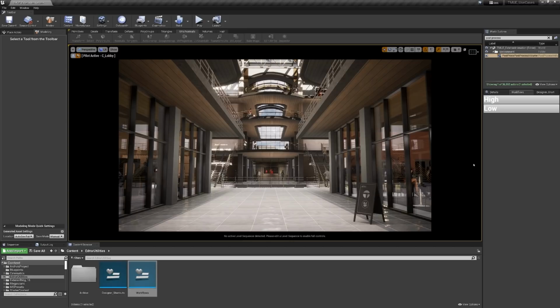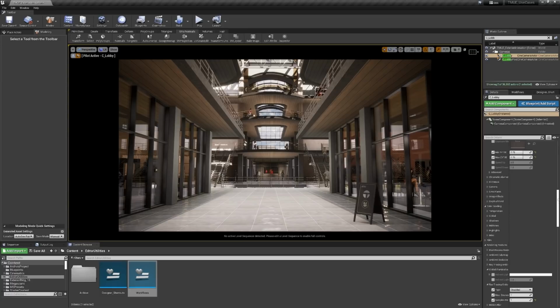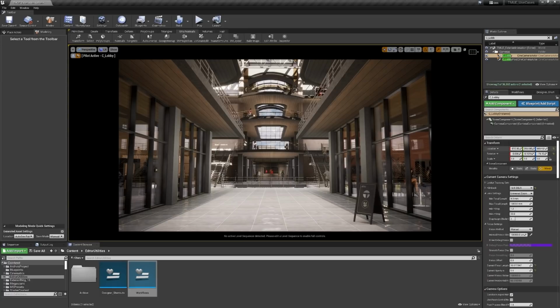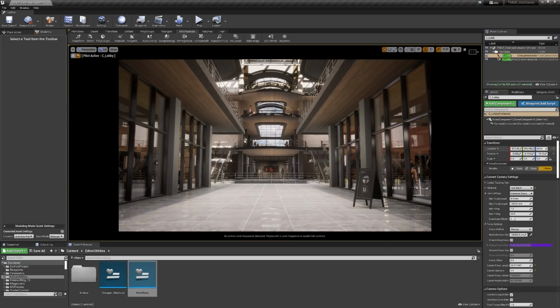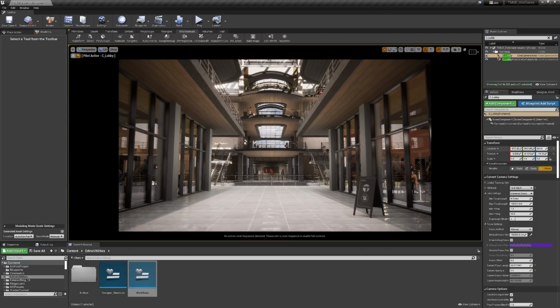Now we can also control the camera height. So if I go up to my world outliner and type in C lobby, I can select my camera here, go down to my details panel, and underneath transform, I can drag the Z number to play around with my eye height. This means I can also manually type in my eye height here as well.